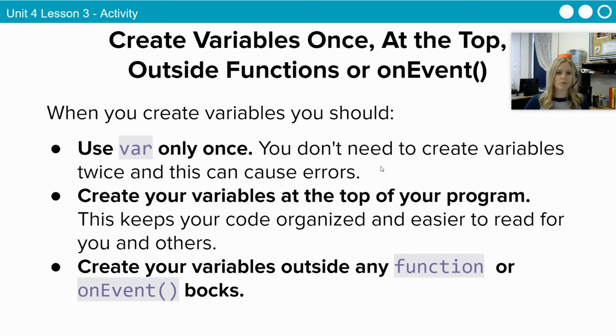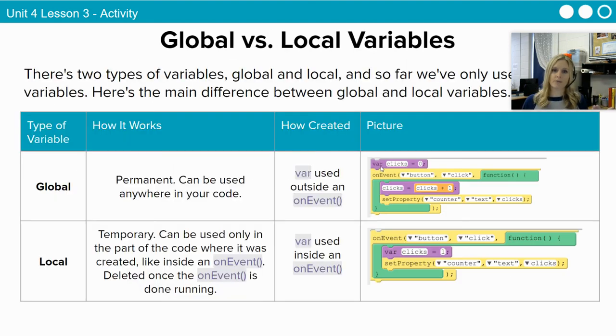You also don't want to create variables usually inside of an on event. You really want them to be outside and so that they are a global variable. Main differences here between global and local variables. Global variables are permanent. They can be used anywhere in your code. You usually put them at the very, very top, and then you can call them and you can change them